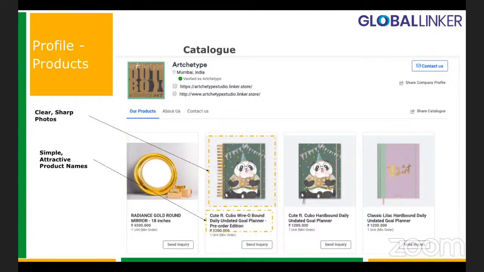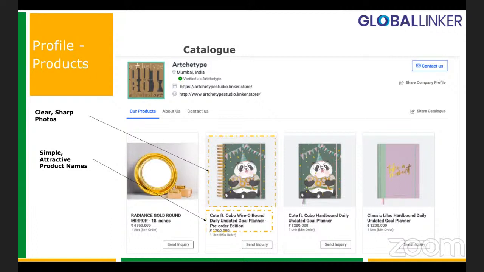The next thing that would attract me about their products and services is, yes, the representation of their products. So the product photos are a critical way for a buyer to decide whether he still wants to go ahead and start a dialogue with you or even send an inquiry. So good, clear, sharp photos are very important.